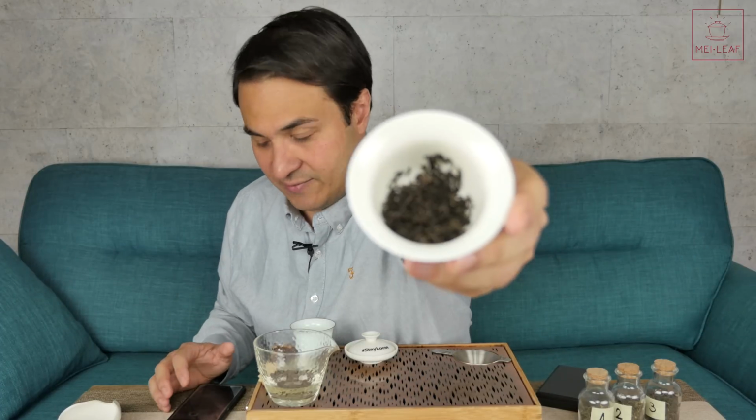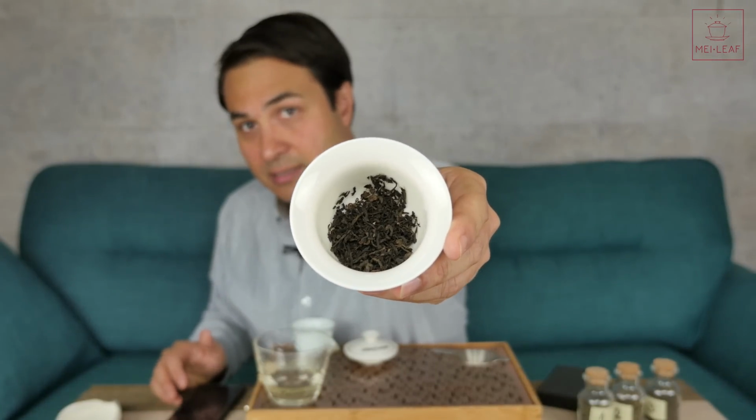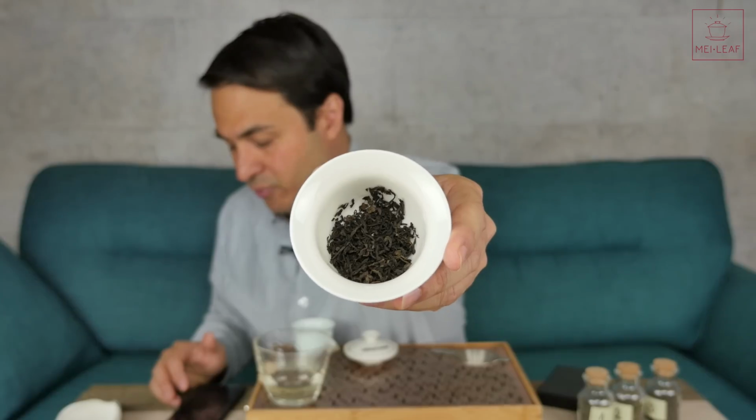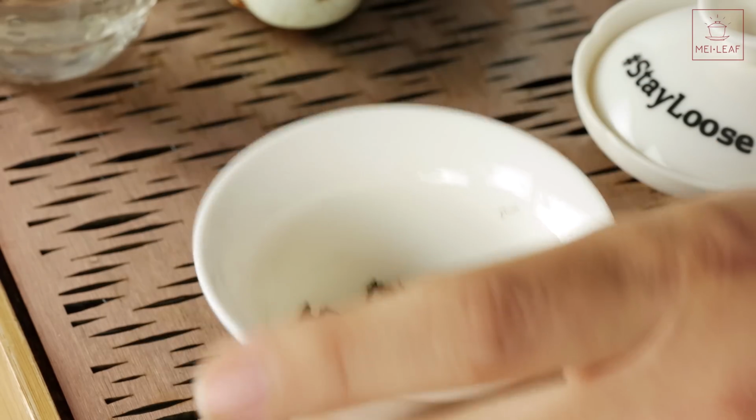Take a little look at those leaves yourself. So yeah, that's why it is dark. This is a ripe PuErh tea. I'm gonna guess it comes from China. Judging by the aroma on it, it is probably